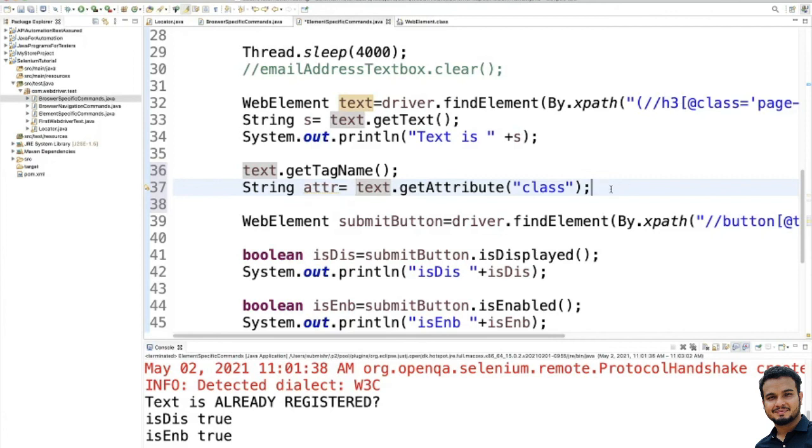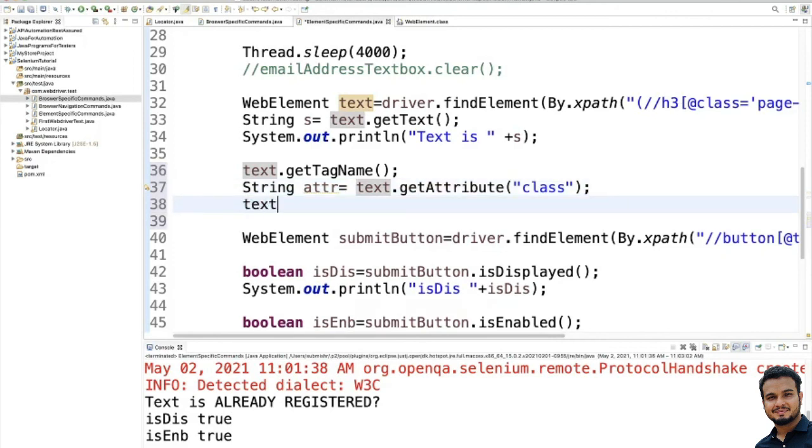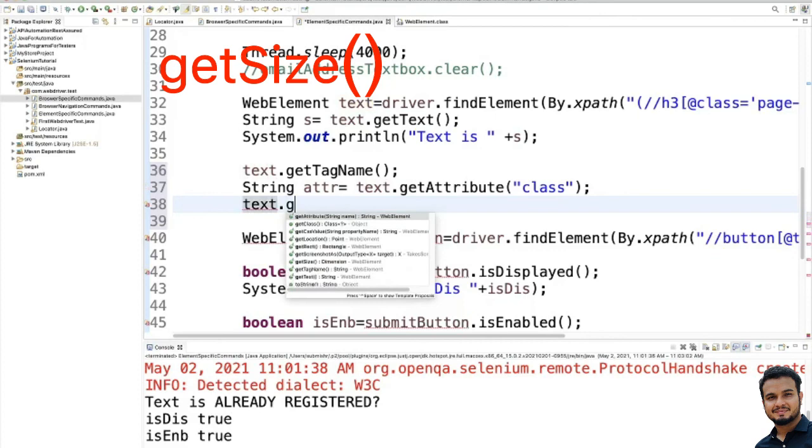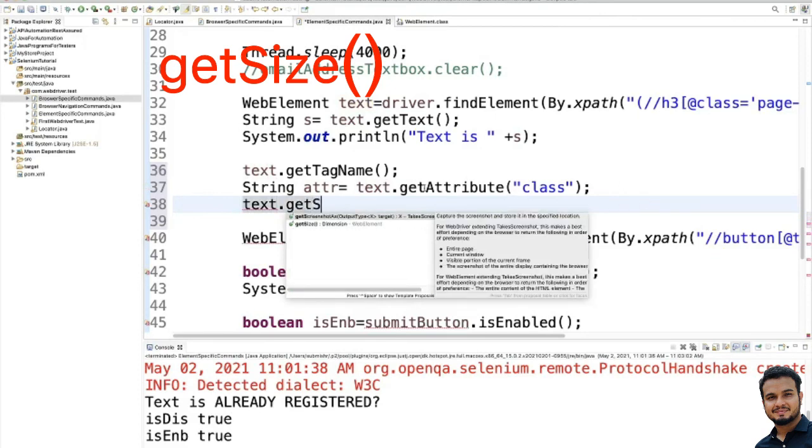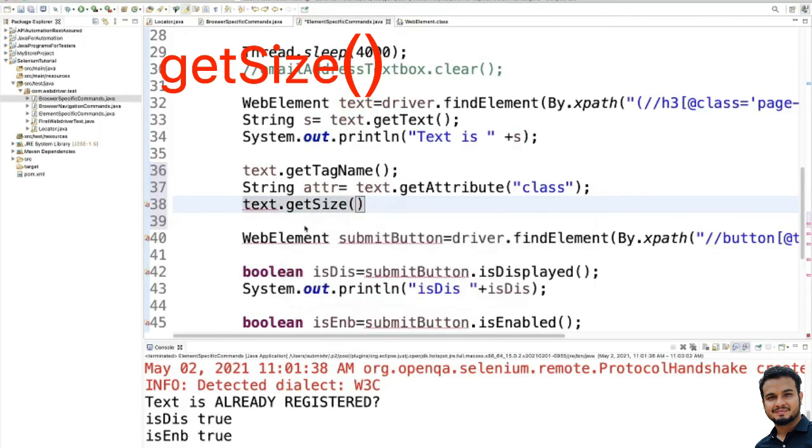One more method you can use, text.getSize. This method fetches the width and height of the rendered element. It accepts nothing as a parameter but returns the Dimension object. Similarly you can use getLocation also.